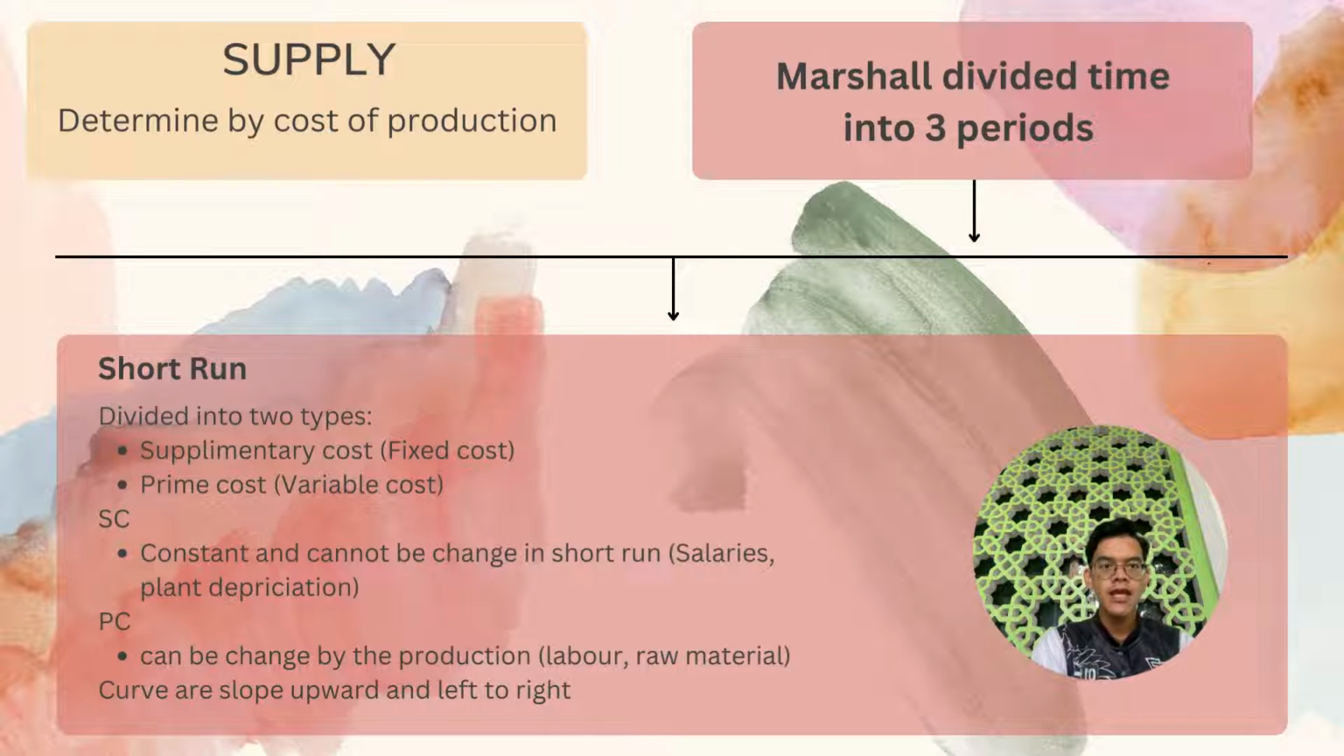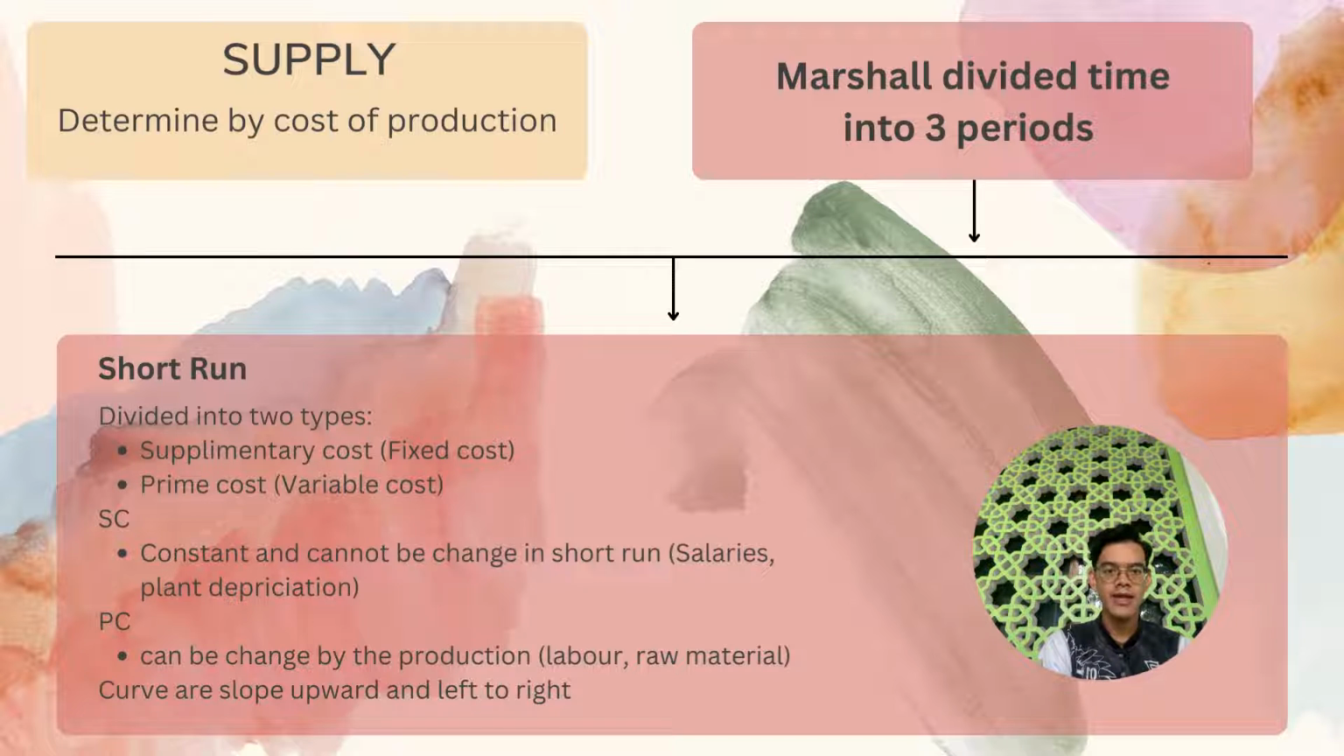Next is short run. In short run, Marshall divided cost into two types: the first one is supplementary cost, also known as fixed cost, and the second one is prime cost, also known as variable cost. Fixed costs cannot be changed in short run, such as top executive salaries and plant depreciation, because they are constant. Variable costs include those for labor and raw material that change over the short run according to changing level of output. Next, the short run supply curve is upward sloping and to the right, which is the higher the product price, the larger the